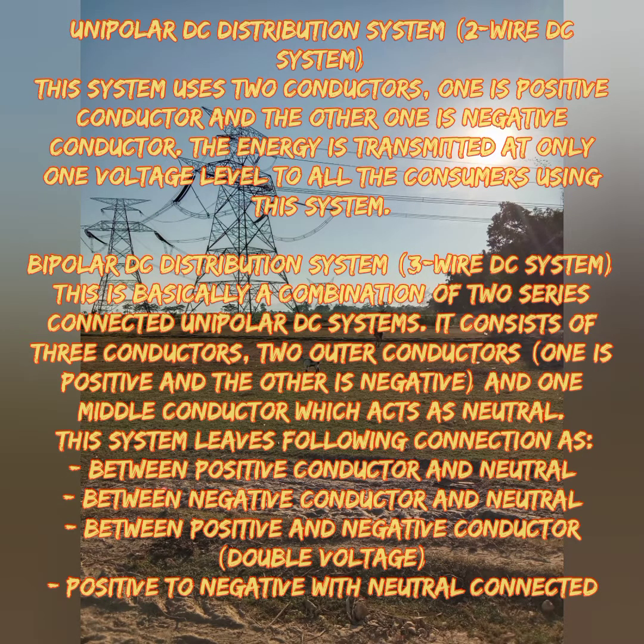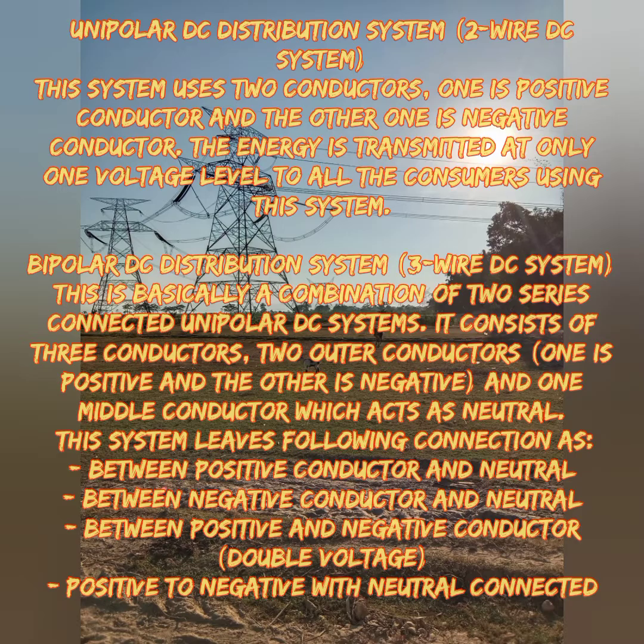Next are the connections of your HVDC transmission lines. One is the unipolar type of connection, and the second one is the bipolar connection. First, unipolar, in the sense a two wire system. One is your positive cable and the other is your negative cable, and the energy is transmitted at only one voltage level. The other cable is automatically connected to a reference with your ground. By this we get a closed path, and current gets supplied through it, and power is also transmitted.